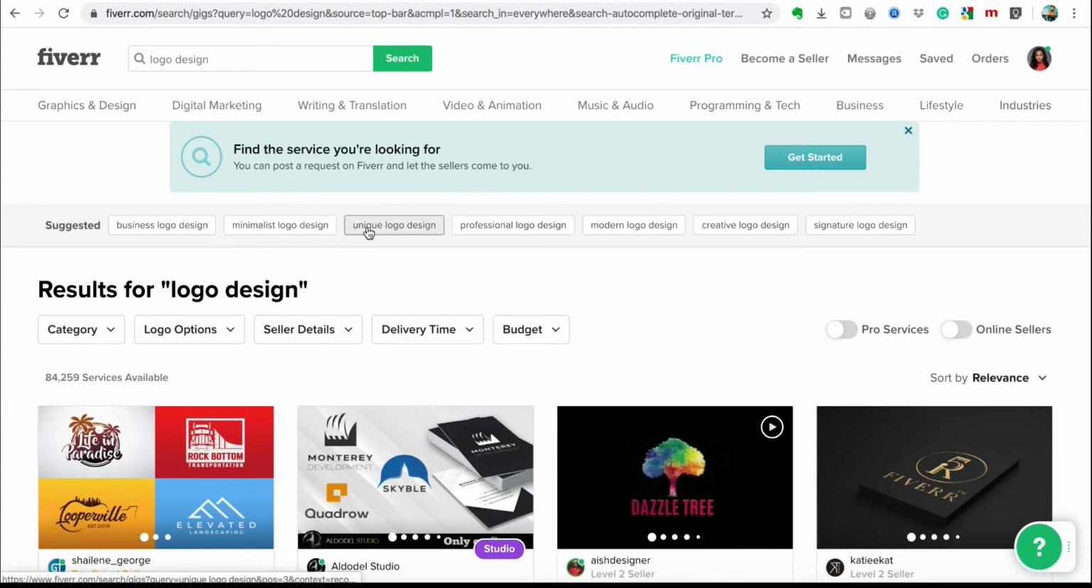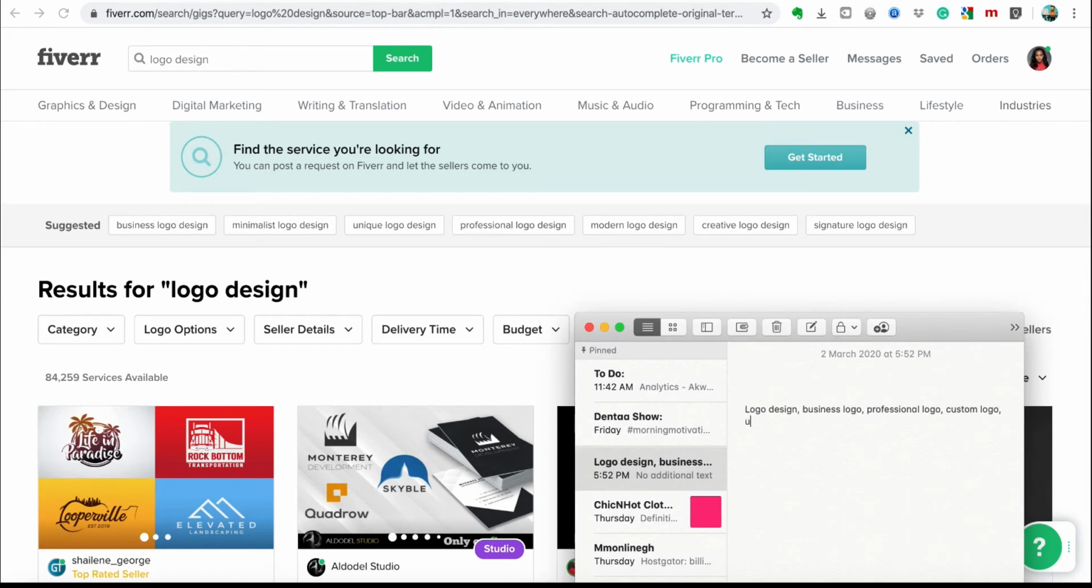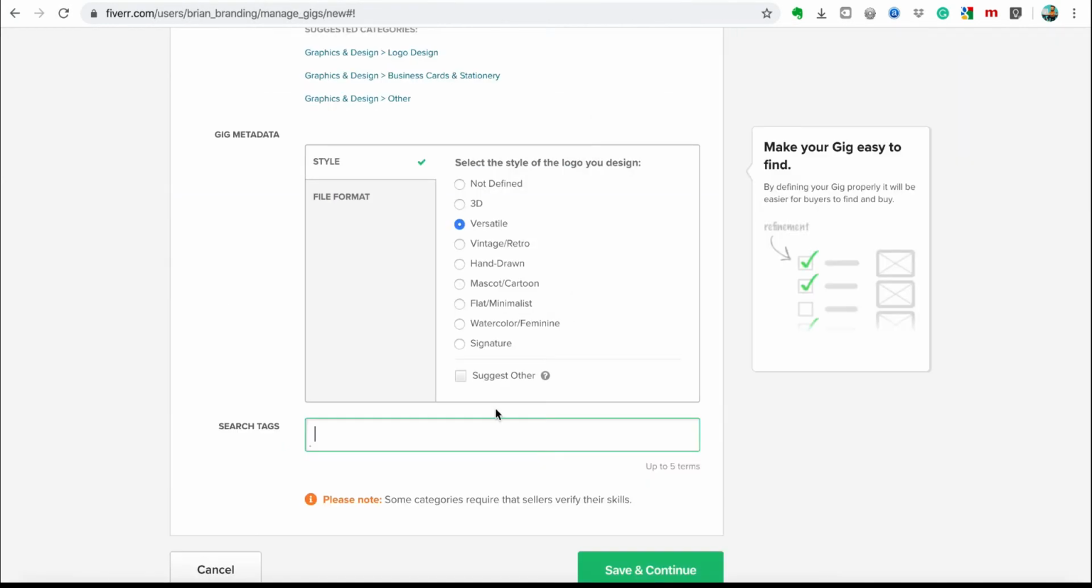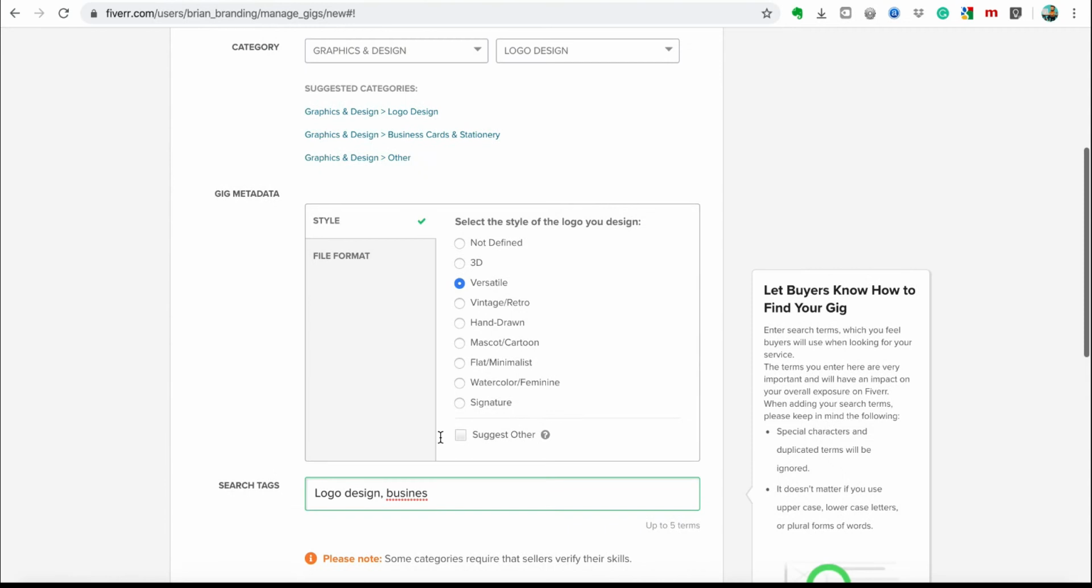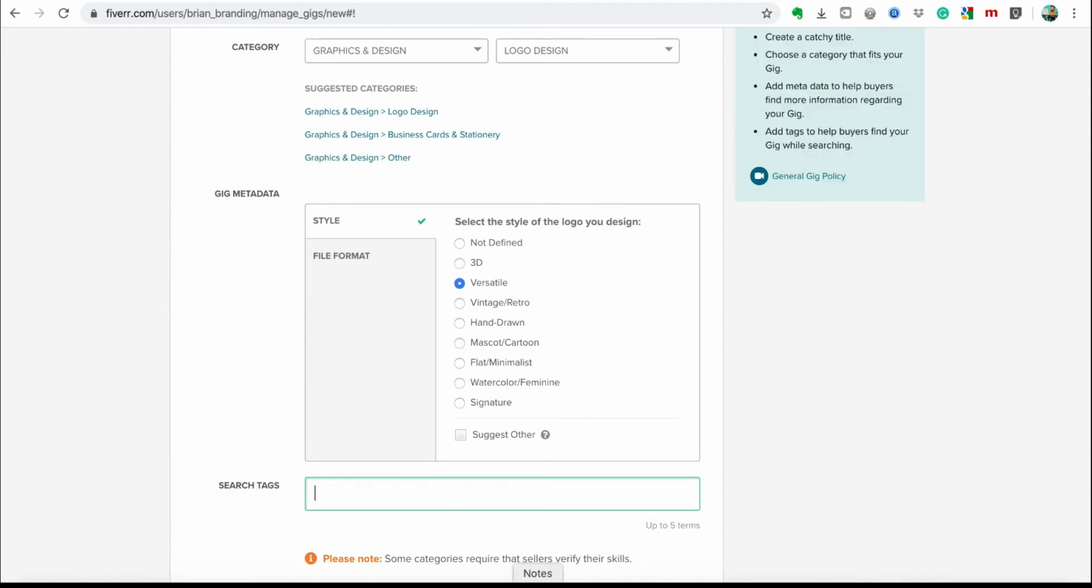Unique logo design. So I can add unique logo design. So I can copy this, and then let me see if the pasting will work. Okay, the pasting doesn't work, so I'll just pick them one by one. So logo design,